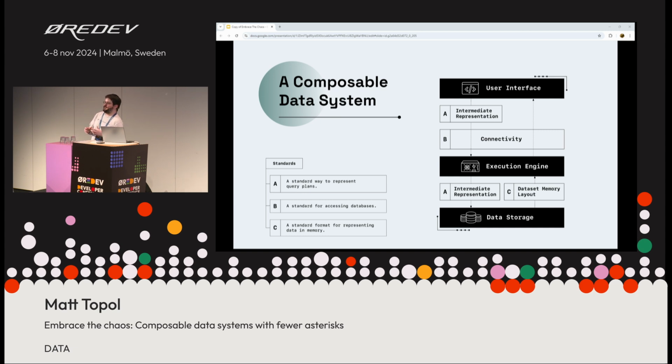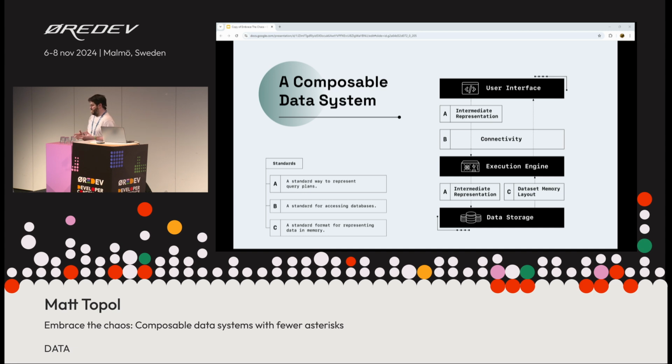The only way you can really do that is by operating on standards. When we're talking about these data systems, there are three primary standards you need. You need a standard way to represent your query plans.